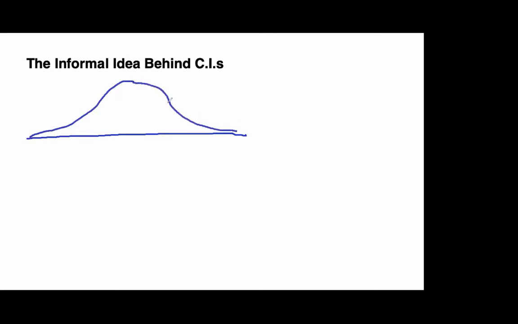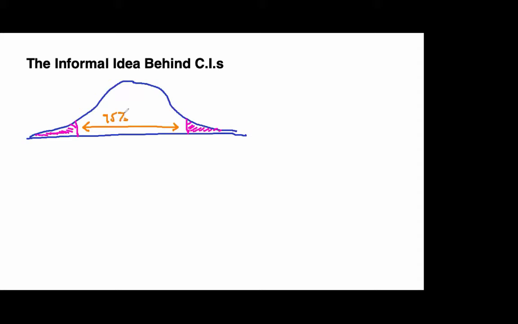If I wanted to, I could highlight the boundary values for the middle 95% of these values. What's in the tail are the extreme 2.5% on each side, and this range here is the middlemost 95%